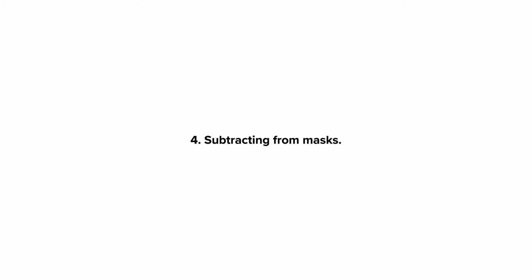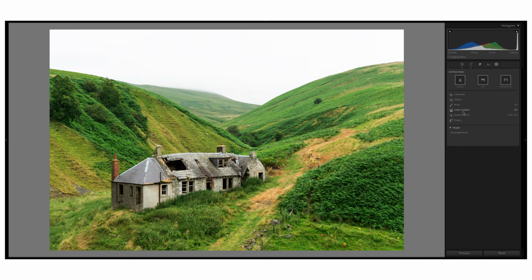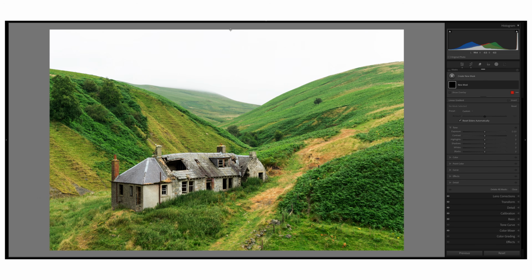So those new feather and edge sliders in Lightroom are an incredible addition, but of course it still may be the case that masks we add into our images have a high chance of bleeding into, overlapping, or cutting into stuff that we don't want them to cut into. But if we get really savvy with the subtract controls inside the Lightroom masking panel, we can actually avoid this entirely. So let's say, for the sake of this video, that I wanted to add a huge gradient from top to bottom like this,